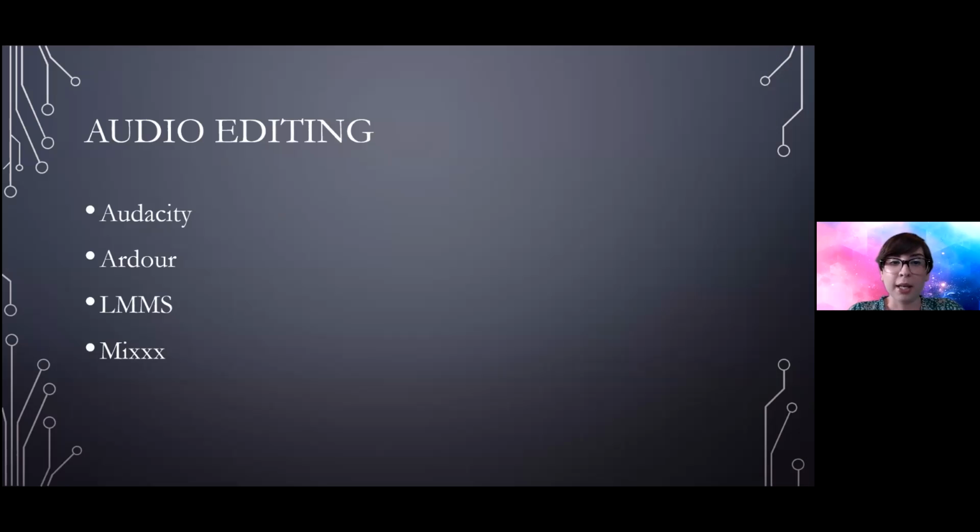And then for audio editing, you've got Audacity, Ardour, LMMS, and